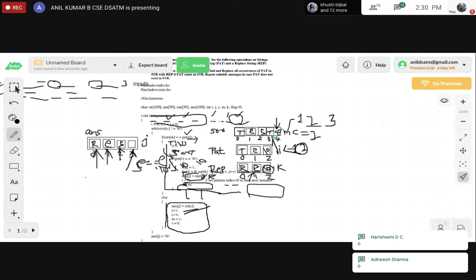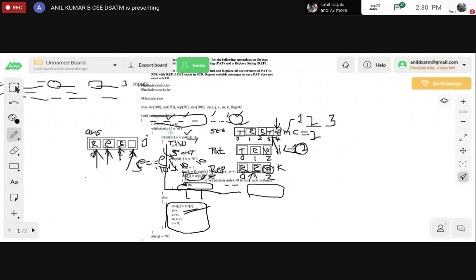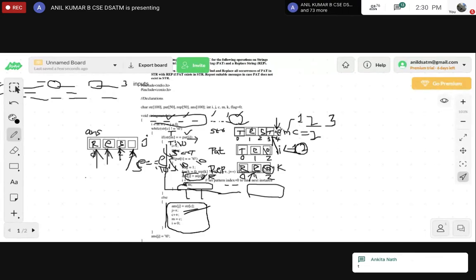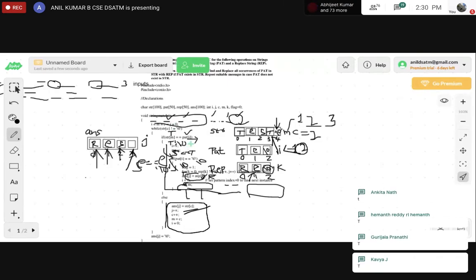So now str of M, str of 3, T, is equal to pattern of I. What is the value stored in pat of I? T again, yes, the first character.